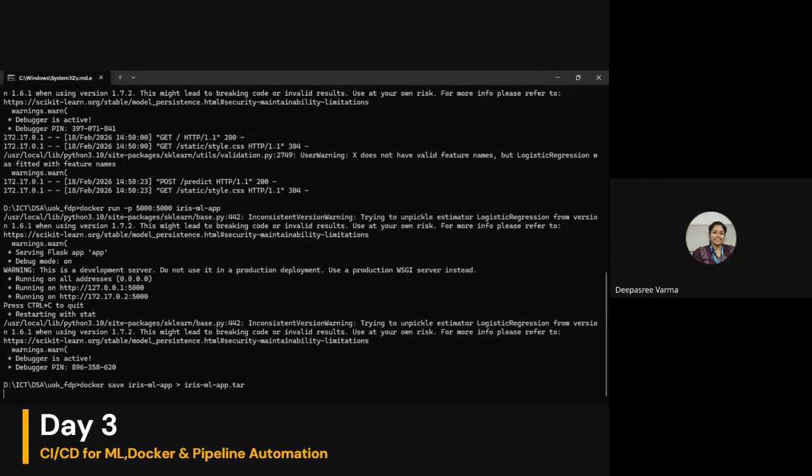Once this is complete, you can see the tar file in your folder, which you can copy and pass to another environment where you can load it and run it. The only thing is, that system also should have Docker. Any application you can containerize like this and pass on.